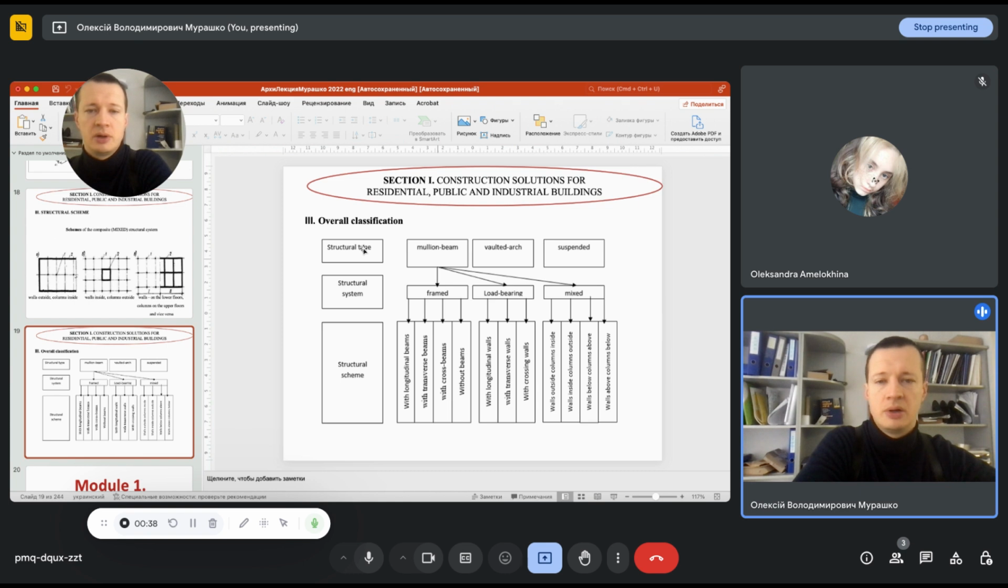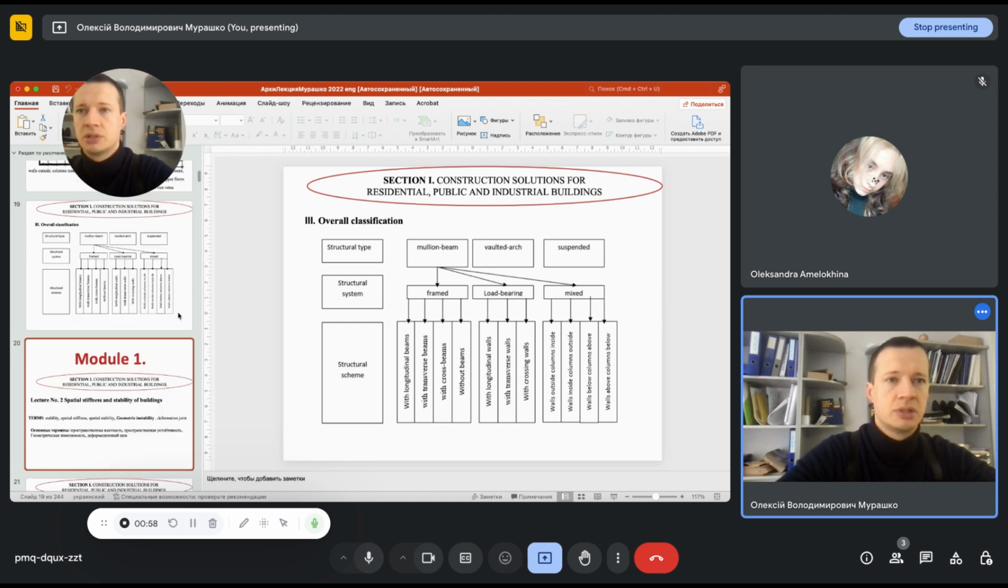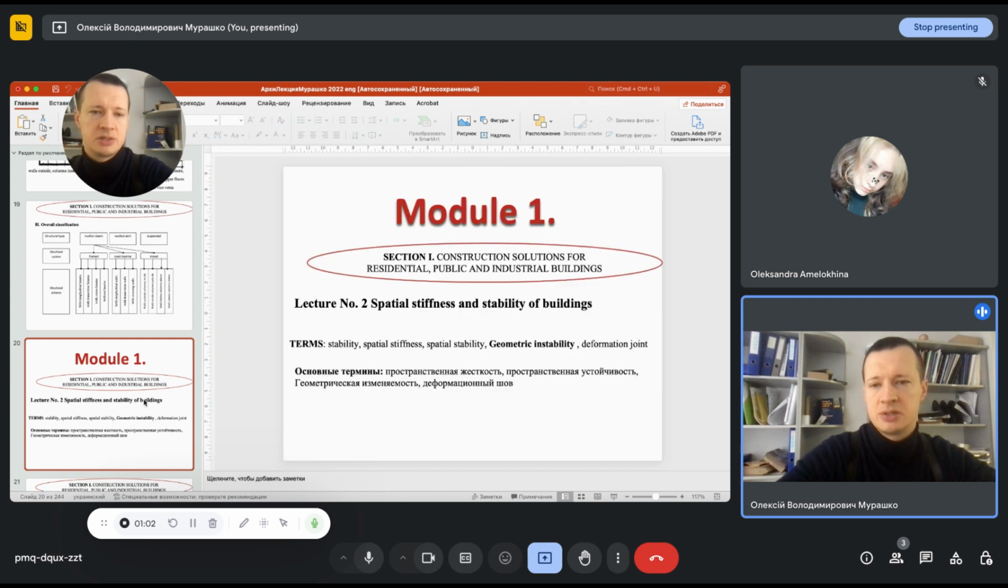And each of these structural systems has a next level of sub classification called structural schemes. A structural scheme is a variant of a structural system which describes the orientation in space of load bearing elements of this system. So the next lecture was devoted to the spatial stiffness and stability of buildings, and we have considered